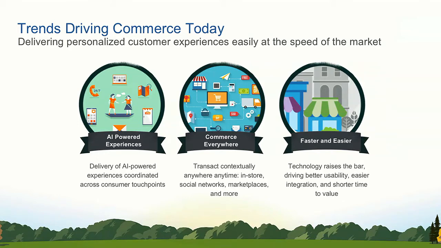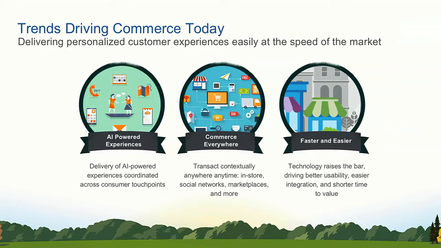AI-powered commerce. What that really means is being able to provide refined, intelligence-informed interactions and recommendations to shoppers when they interact with your brand across all the different touch points that we talked about where they might interact with you. Commerce everywhere. You need to be able to provide transactionality to all these different touch points